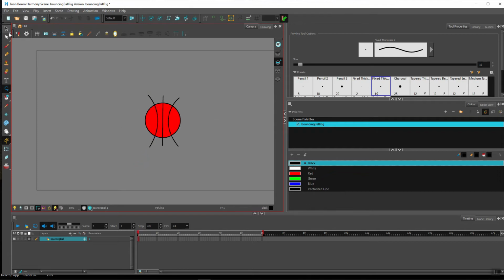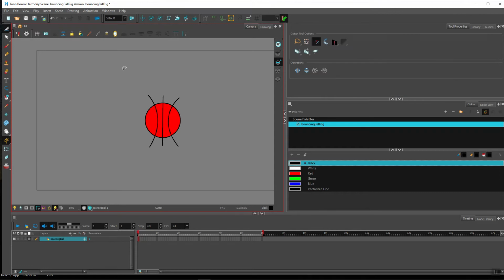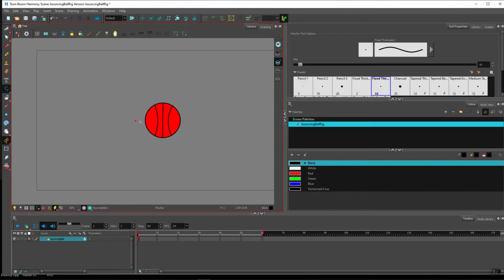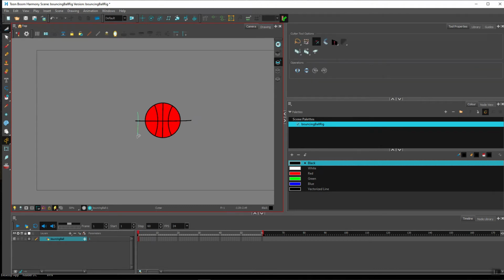Now why did I go across the edges? Because I can come back with the cutter tool and snip those off. So I'm just dragging through them, snipping those off. Oh yeah, I need one more line to make this more like a basketball. And then snip, snip. Cool. So we have our